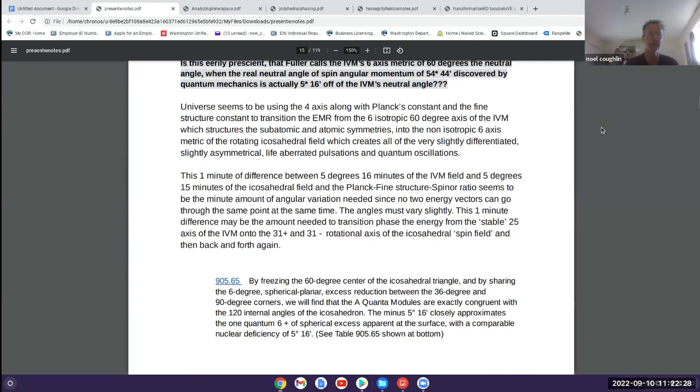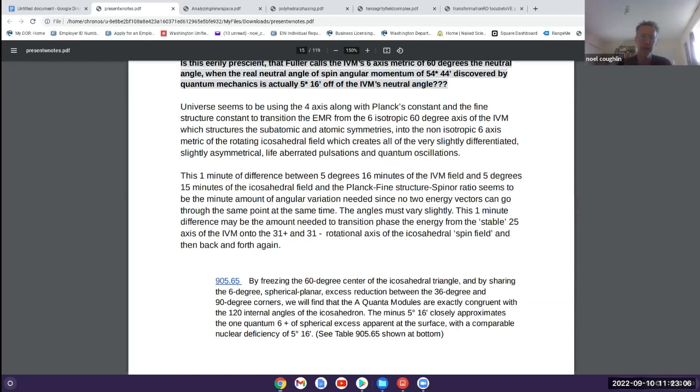The universe seems to be using the 4 axes along with Planck's constant and the fine structure constant to transition the EMR from the 6 isotropic 60-degree axes of the IVM, which structures the subatomic and atomic symmetries, into the non-isotropic 6-axis metric of the rotating icosahedral field, which creates all the very slightly differentiated, slightly asymmetrical, life-aberrated pulsations and quantum oscillations. This 1 minute of difference between 5 degrees 16 minutes of the IVM field and 5 degrees 15 minutes of the icosahedral field, and the Planck fine structure spinor ratio,